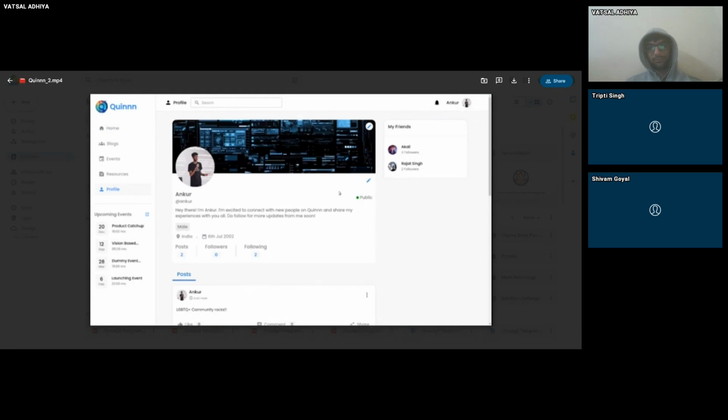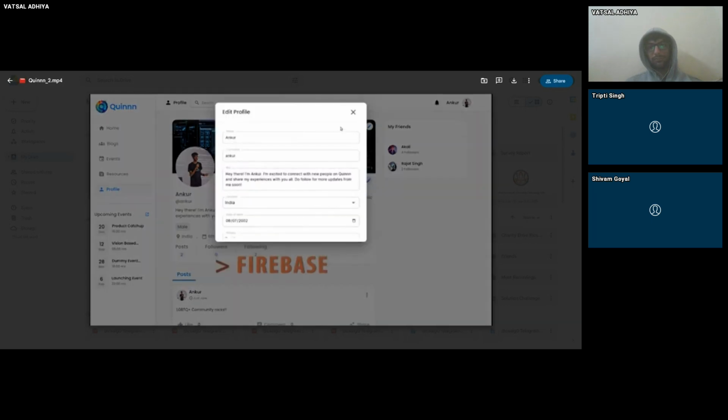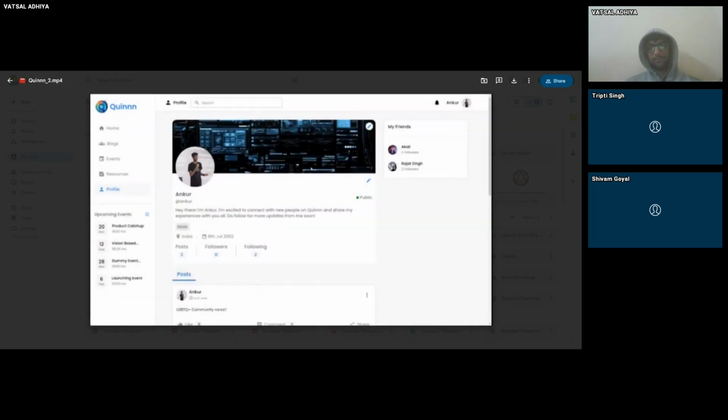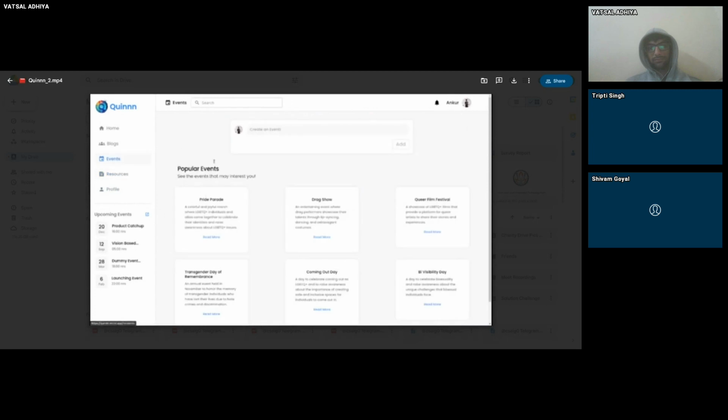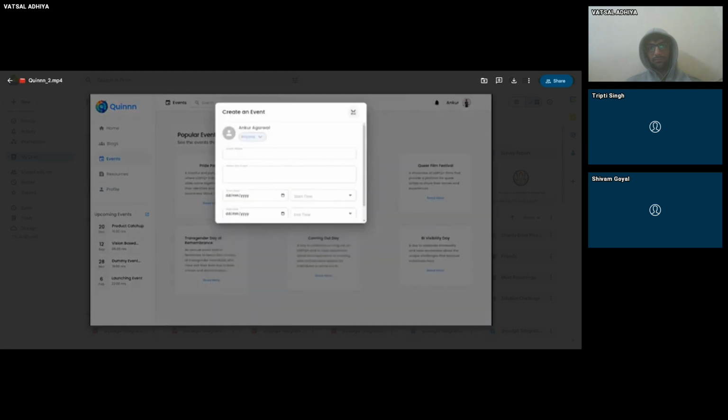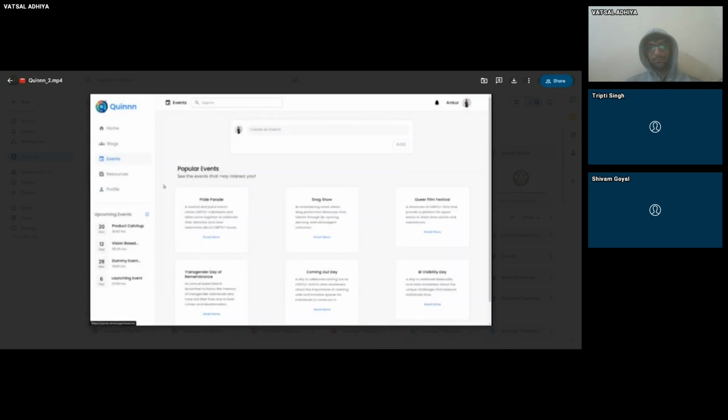We also value user privacy, so we have given the option to make their profile public or private. You can edit your user profile by going into this tab. We also have a resource page where users can find resources related to gender equality, and we have an event page where users can create their event and see all the live and upcoming events to attend. Our team is constantly updating and improving this app. We'll be adding blogs and community sections soon in our application. So this was all from the web part.